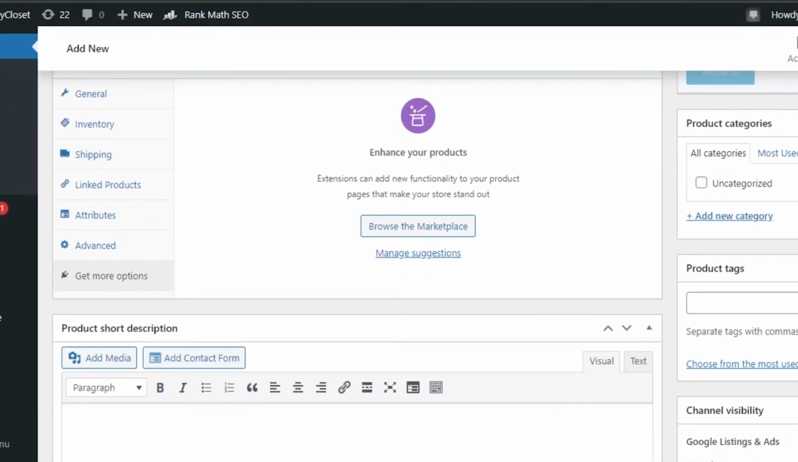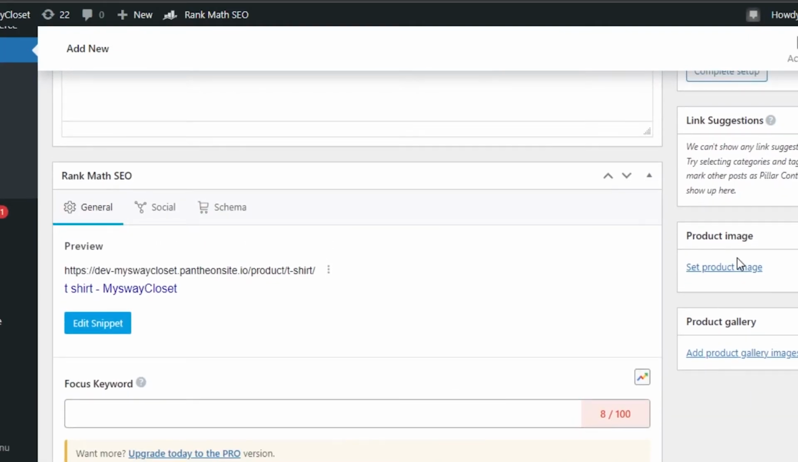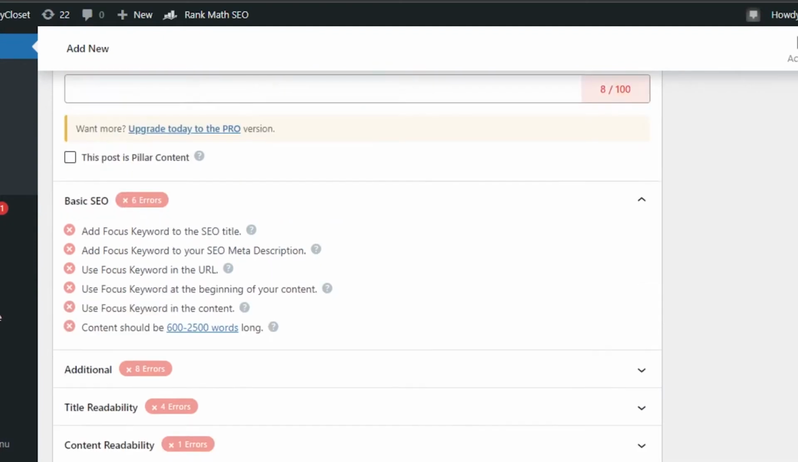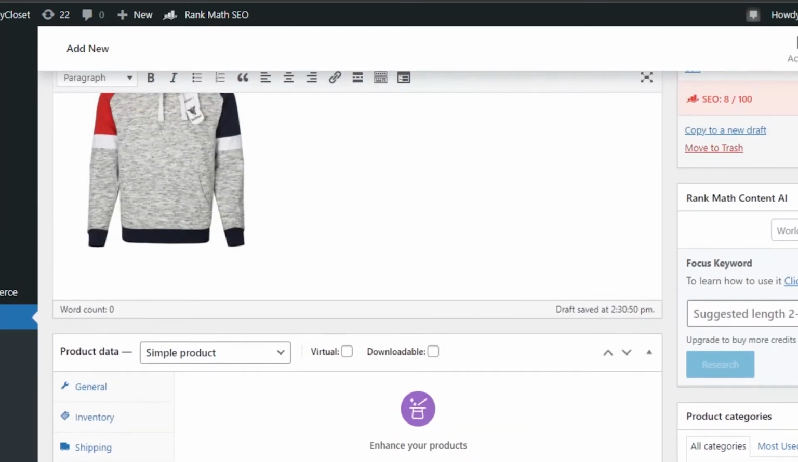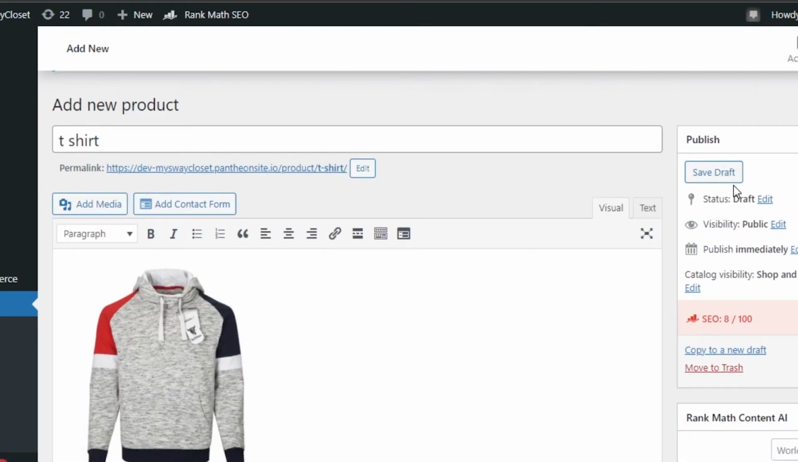So we have product categories that I can create from here. Then we have product tag, channel visibility, and link suggestions, and product image, product gallery. We can create product gallery as well. Then we again have our keywords, and it is also showing me the publish option. In order to publish a product, you just click on save and publish, or you can preview how it will